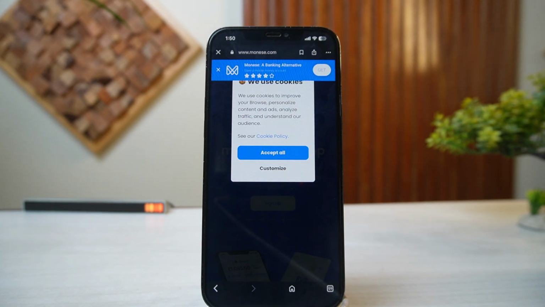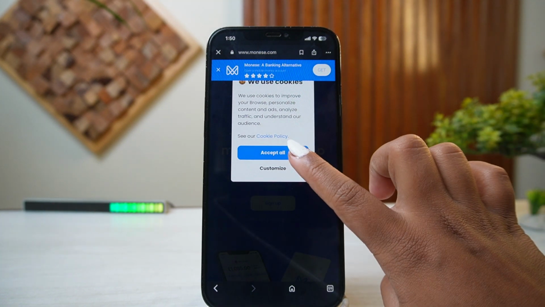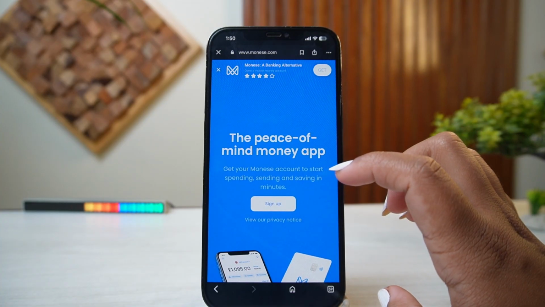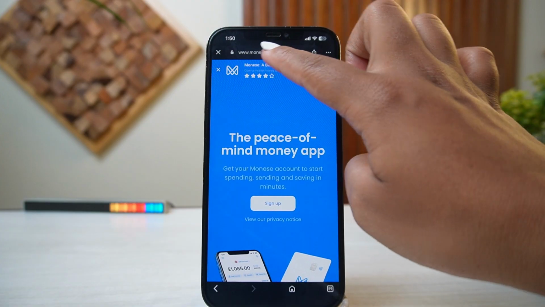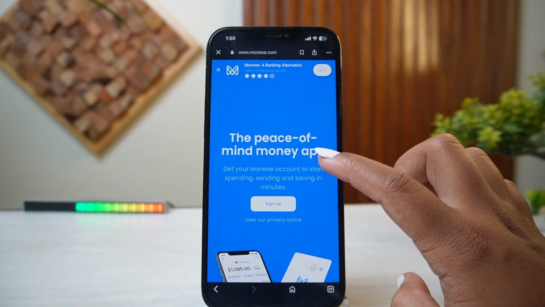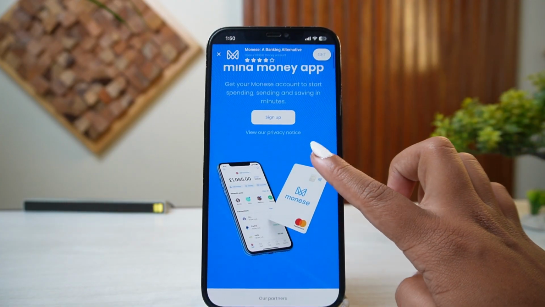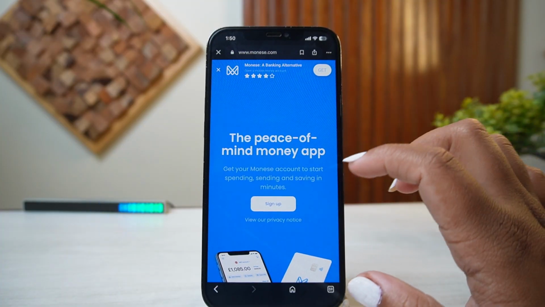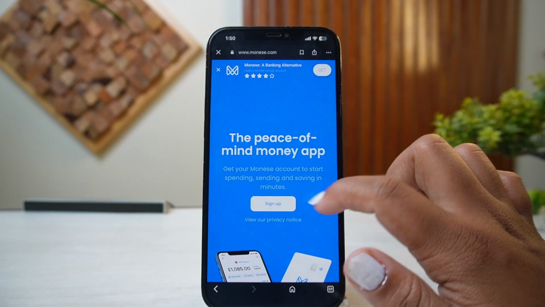Log into your Monese account step by step. Here the very first thing that you need to do is simply launch the Monese application, right? And if you do not want to use the application, you can even get into monese.com, and from here all you need to do is simply tap on the sign in or the login button you'll be able to see on your application. If you're on the website, you can get that sign up button, tap on that one,